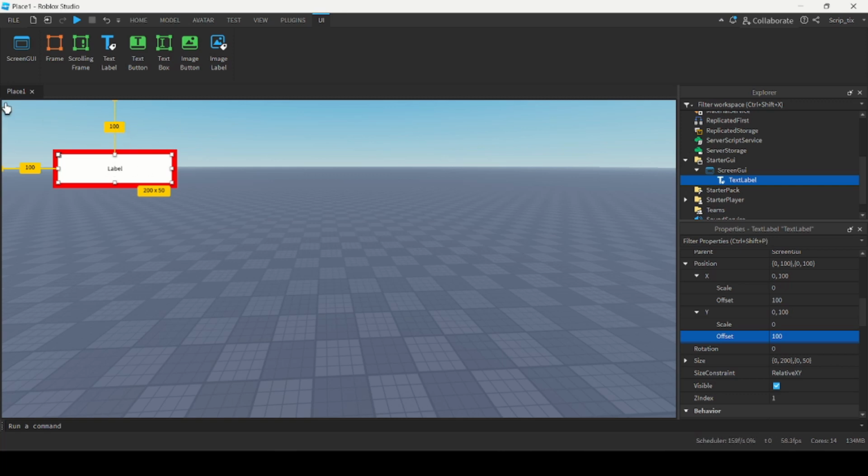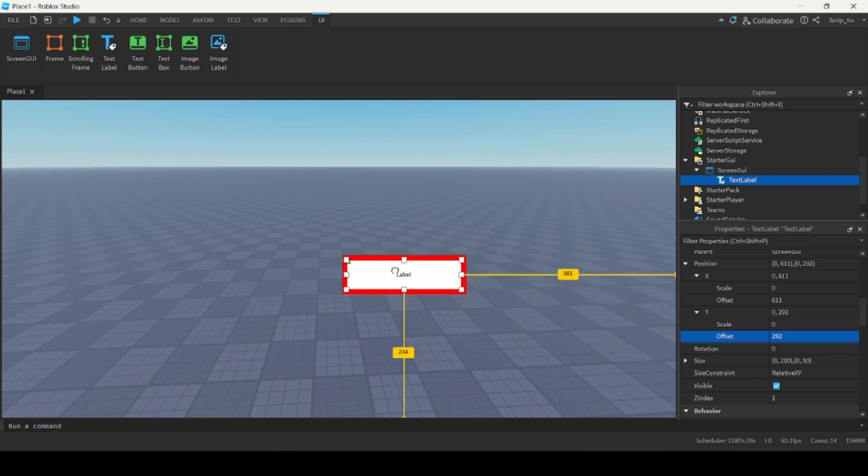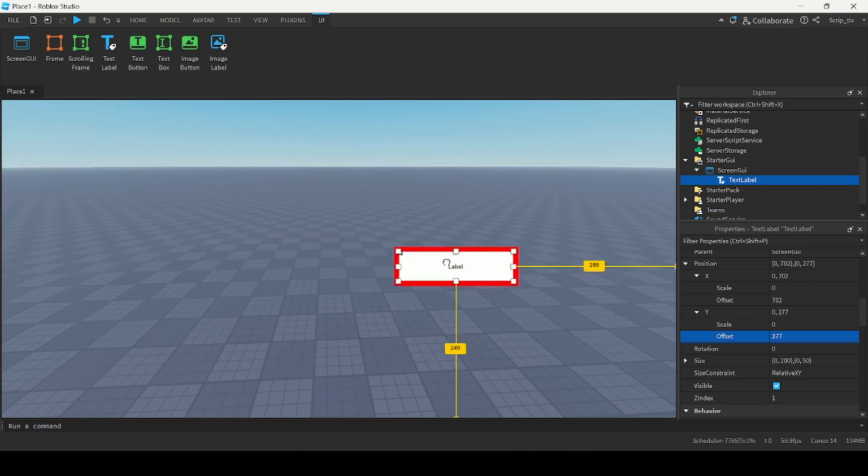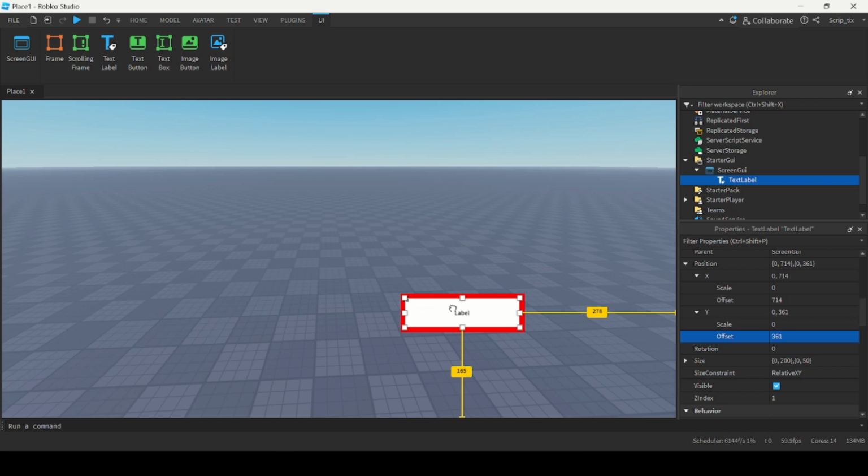So on the laptop I'm using over here, 100 pixels to the right and 100 pixels down still looks like it's in the top left corner, but maybe on the phone it's actually all the way down here because the phone's screen is smaller, so it has less pixels on it. So if I moved it 100 pixels to the right and 100 pixels down, it would be in a different position. So like it might be all the way down here and the UI elements wouldn't be the same. So if you use the offset, that's a problem you might run into, which is why I recommend using scaling